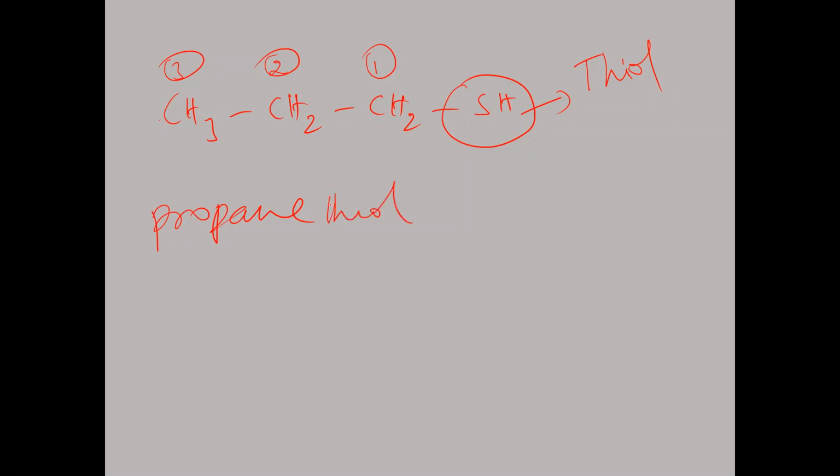Propane thiol. That means what now in this case? Why is E written here? Because the first letter T of the secondary suffix is a consonant. When the first letter of the secondary suffix is a consonant, we have to maintain the E. A and E we have to write. Propane thiol. Okay, so this concept is to be understood here. Okay, take the screenshot of this one.